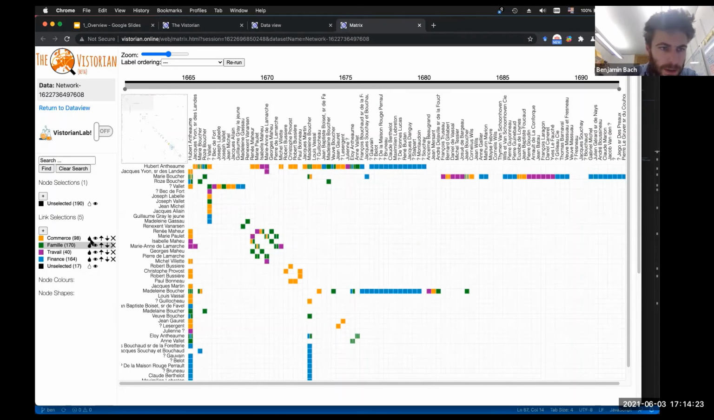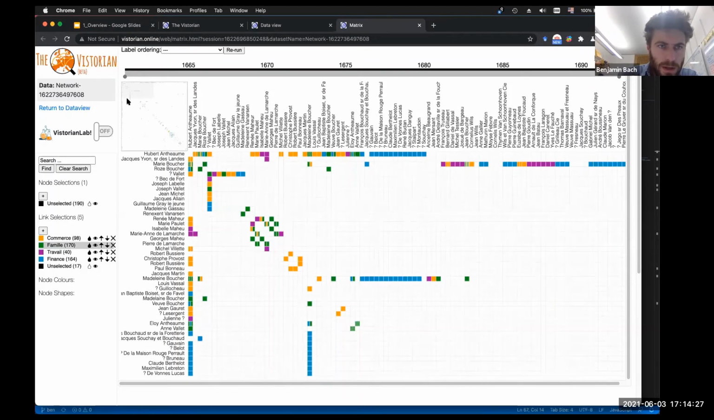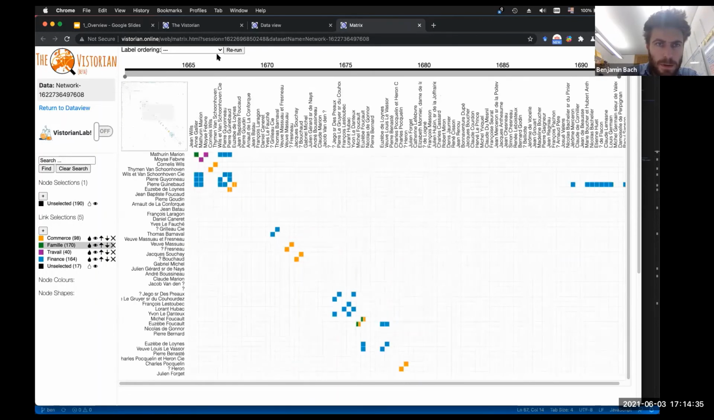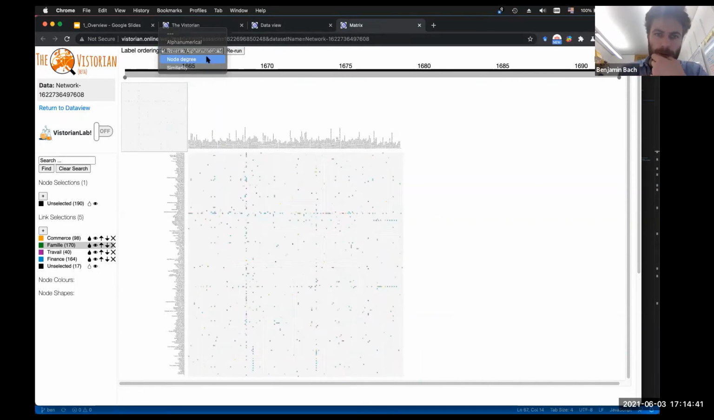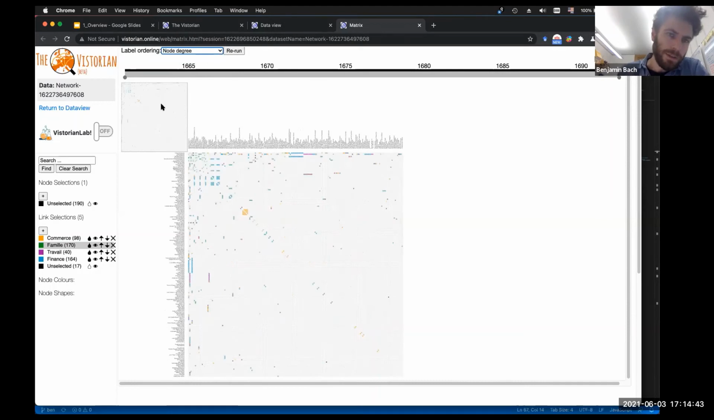We can see all these other dots and so on. I can also change the ordering of the nodes, alphanumerically or by node degree. Node degree is quite interesting because now I have, I tried to order these nodes as I've explained to you on the slides actually,